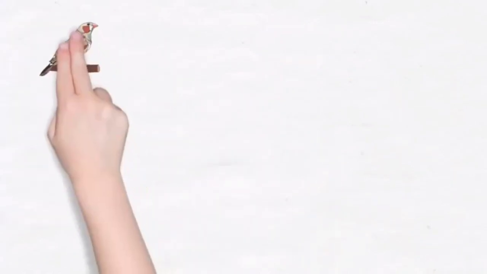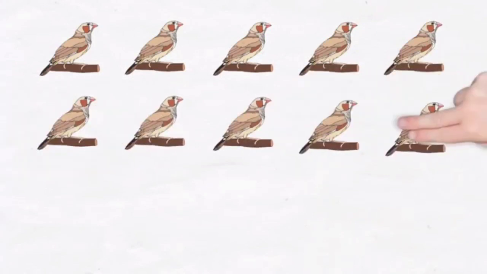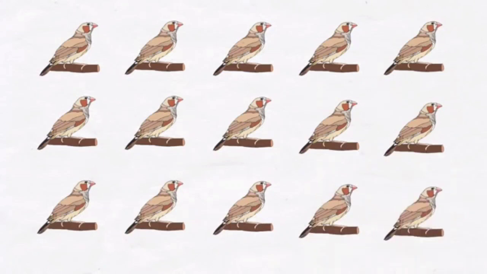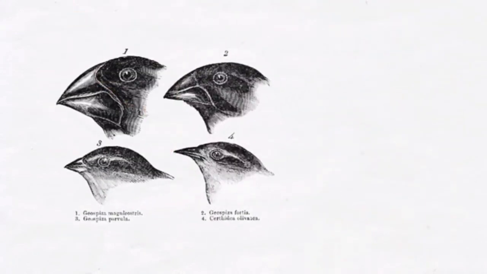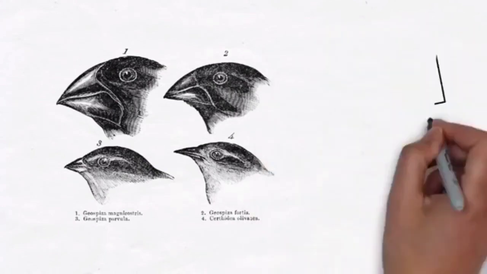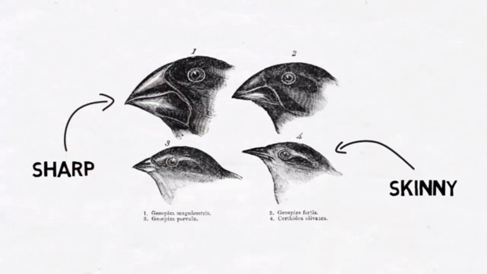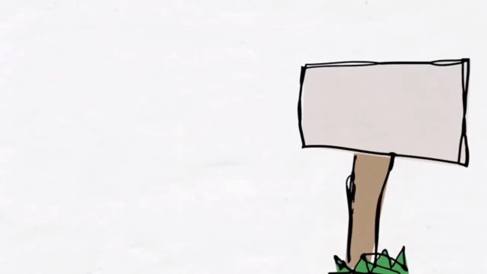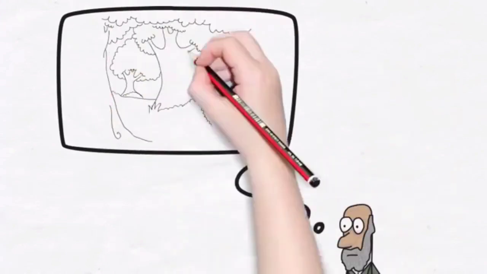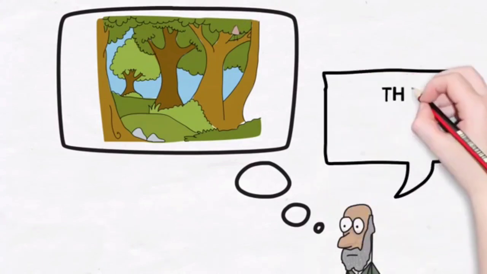Darwin had found around 15 different species of finch when he was on the Galapagos Islands. He noticed that the birds were similar to other finches in lots of ways, but their beaks were all different shapes. Darwin looked into it further. He realised that the different beaks matched the type of food available on each island. The finches who ate insects had skinny, pointed beaks, so they could pick them up better, and those that ate hard fruits had beaks that were sharp, so they could get through the skin. Darwin decided that there was only one way that this could have happened. The birds must have adapted to their environment over time. This led into another idea, which he called the survival of the fittest.